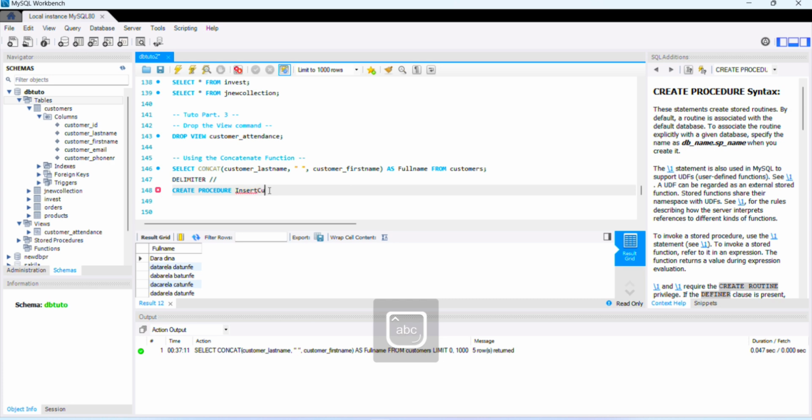Let's create a procedure called insert customer and order. Let's create that type of stored procedure. Insert customer and order, and here we're going to get in name, VARCHAR. Let's put 50 here. In email, VARCHAR, let's put here 100,